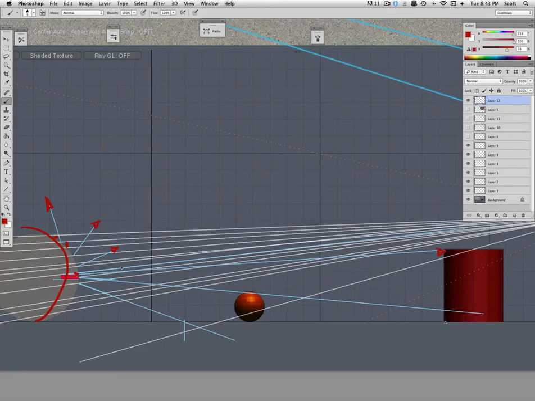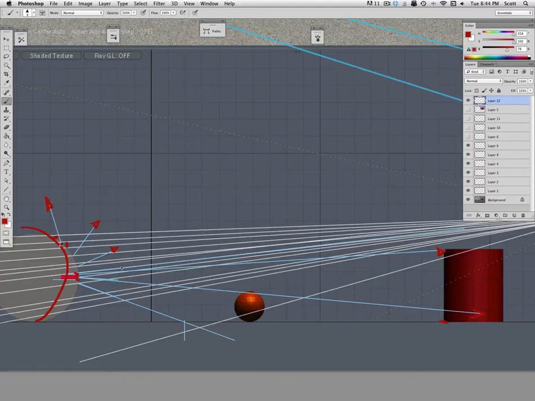Where's the bottom? Well, it looks to be just below this line. So if I go over here, that's just below. That's the height of our cylinder in the reflection. Okay, and then what about the ball? Well, the ball looks to be right on that line pretty much. So it's going to be a little bit above,